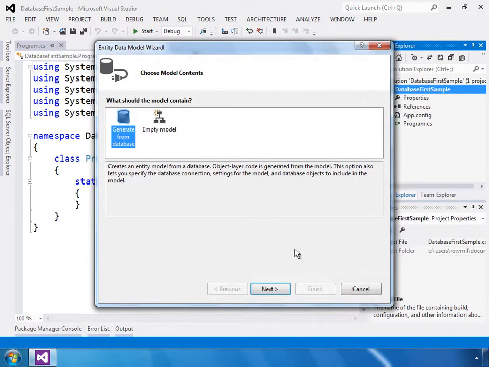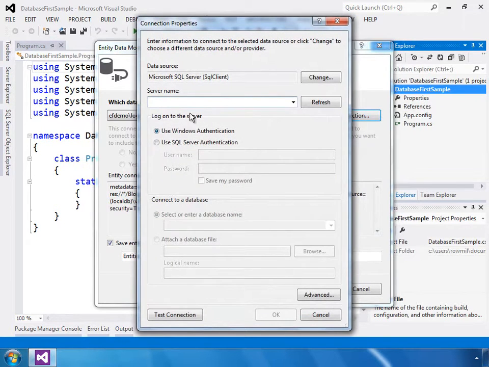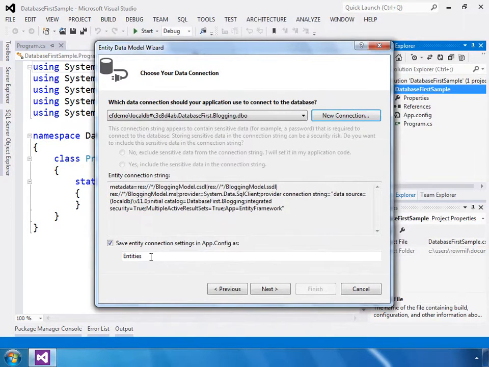We're going to reverse engineer from an existing database, so I'm going to select that and then click Next. Then I'm going to enter the connection information for the DatabaseFirst.Blogging database on my LocalDB instance. I'm also going to change the name of the connection string that's stored in my configuration file to be BloggingContext. This also happens to be the name that's used for the derived context,